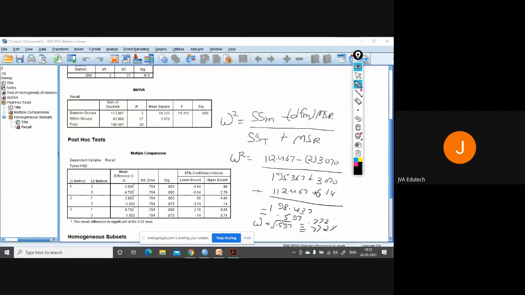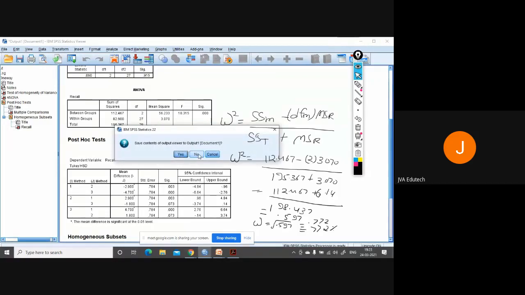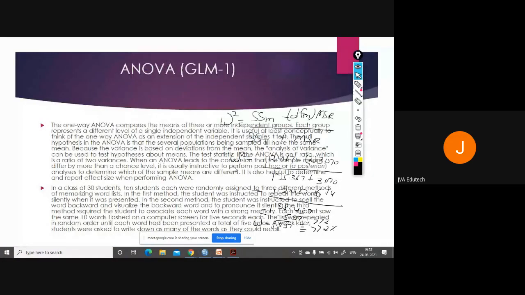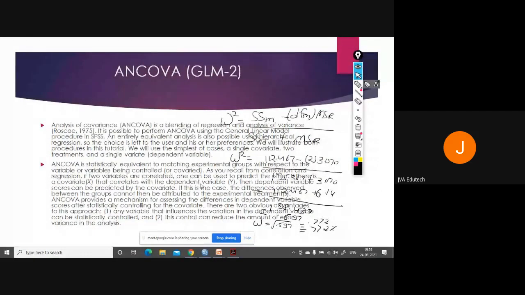Now, closing this. Moving to the second GLM, generalized linear model, that is ANCOVA.